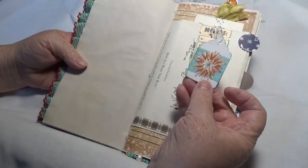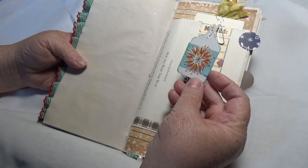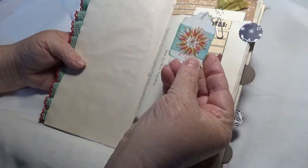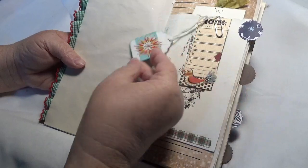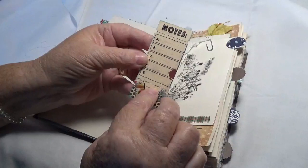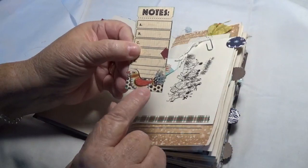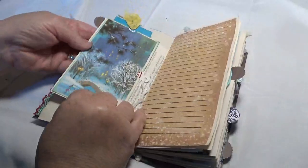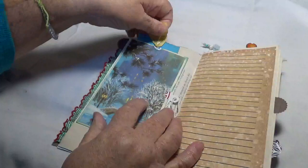And this is another thing I cut out of one of the Christmas cards. This little, I don't know, a burst of something. And just put it on one of these little price tags. Decoupaged napkin with a glue stick, and then put that on. I don't think this was in the kit. I think I got it from somewhere else. But I cut out the little bird, which I thought was really cute. And then on this side is another one of those little Christmas cards. And then this is a cut up one,